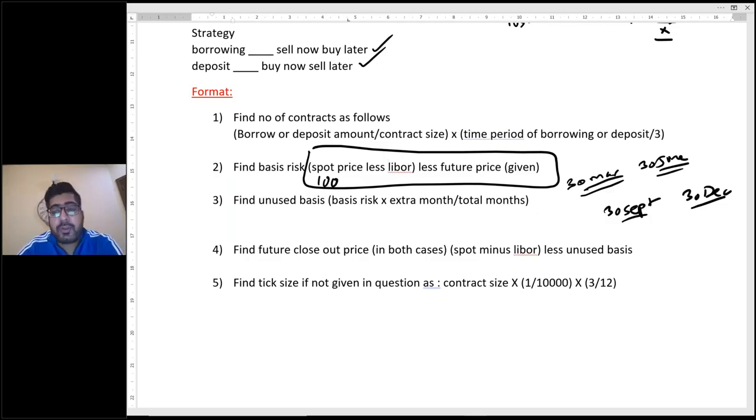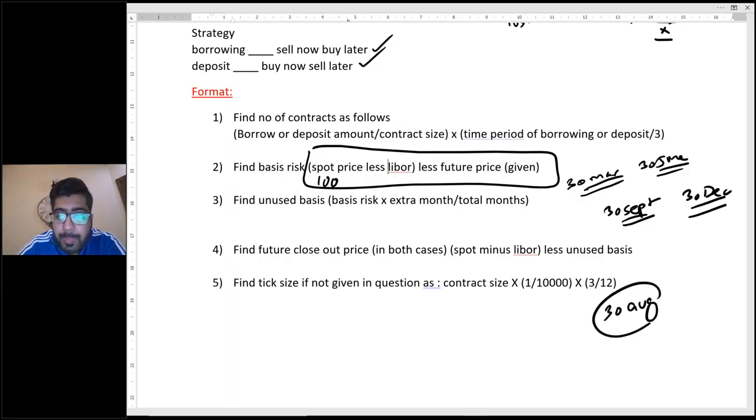If you need to borrow or deposit on 30th September, you will take a 30th September contract. And if you need to borrow or deposit on 30th December, take a 30th December contract. Whatever contract you were willing, you got it. Let's suppose you needed to borrow or deposit on